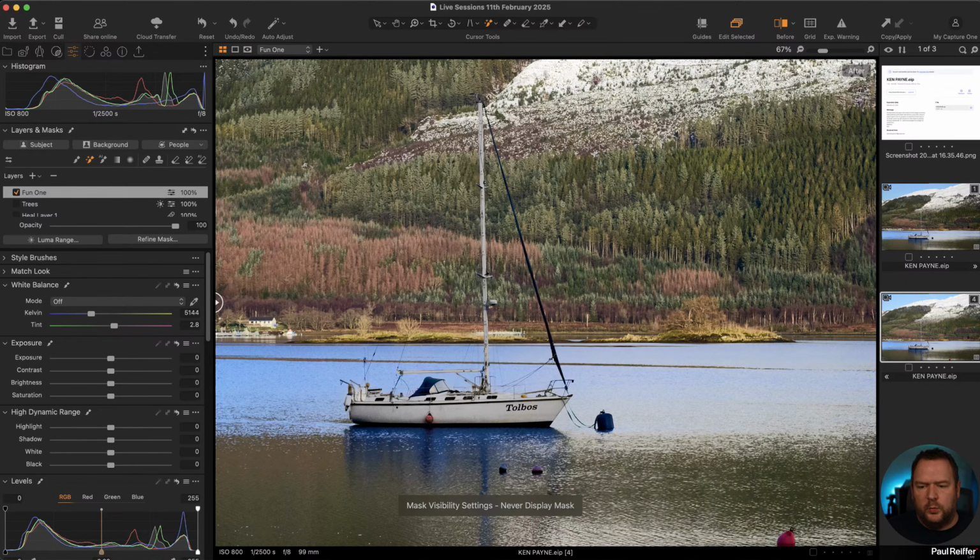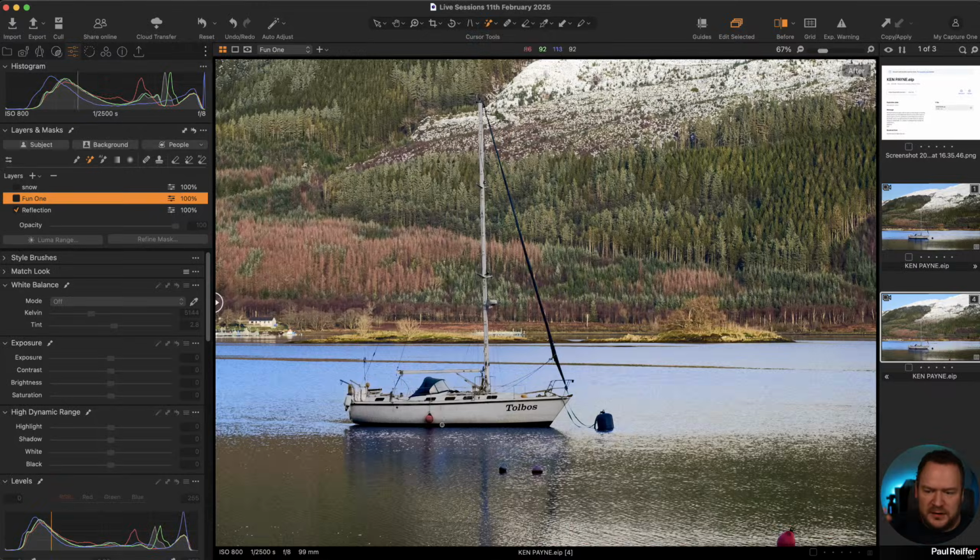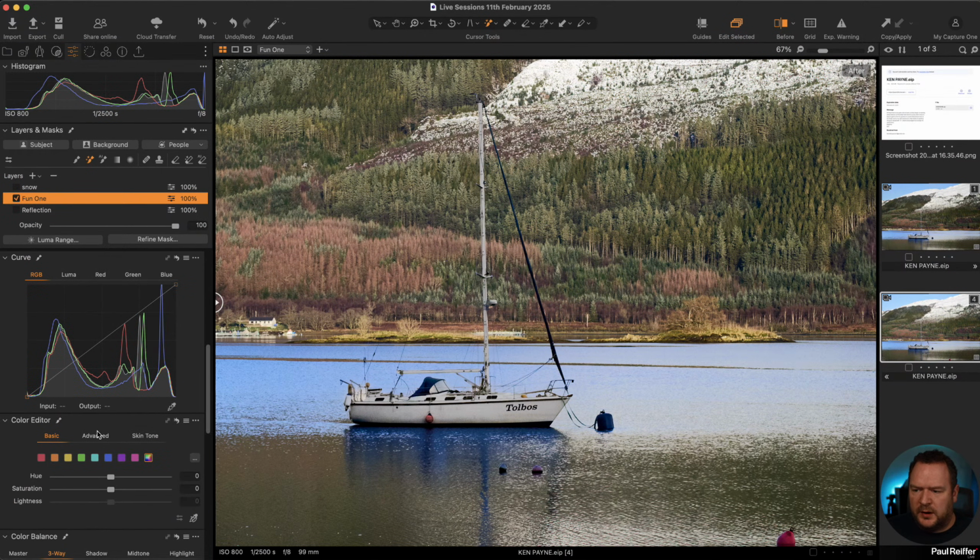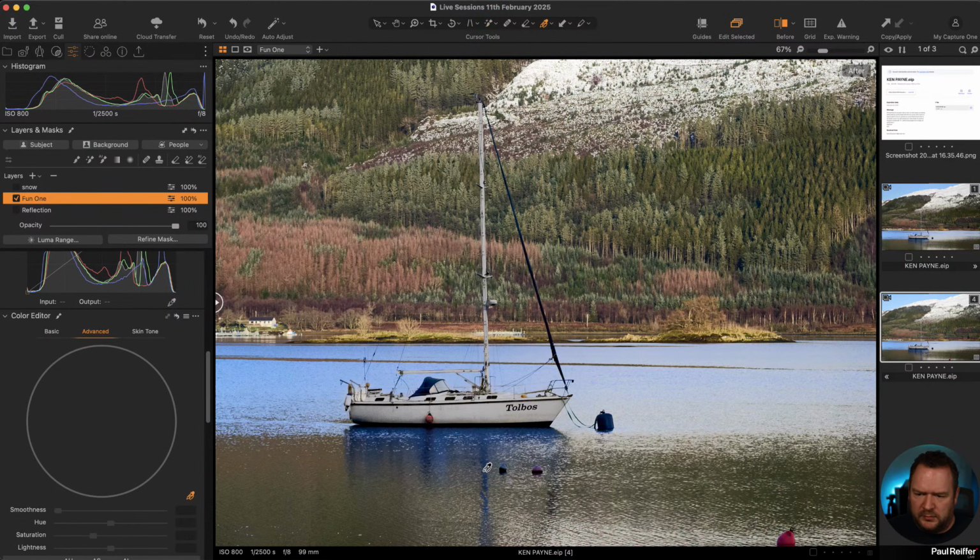Good. What is it that I want to change? It's the blue. So I've got a mask that's mostly on the blue, but as you saw, it can go over the top with that reflection one. It unfortunately gets a bit carried away. So that reflection one starts to lose the bits that I do want and not be enough on the bits that I don't. So instead, let's go into our color editor. I can pick these blues, and I can shift the hue to be more pink or more green. In this case, I want it a bit more green. Saturation I want to come down. Lightness I might want to increase a little bit.